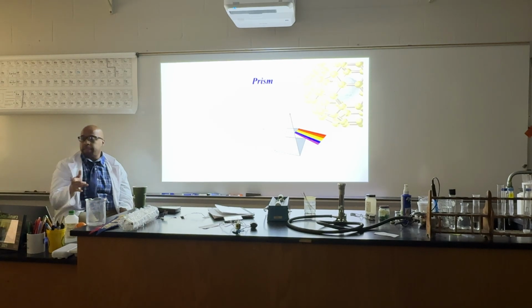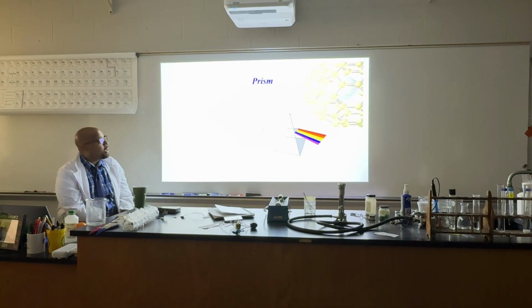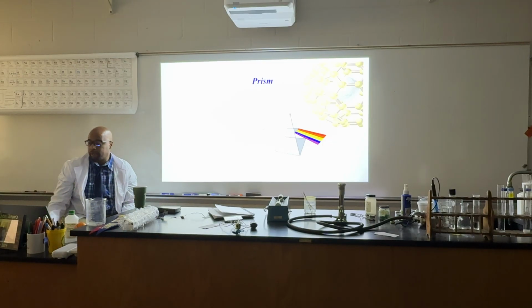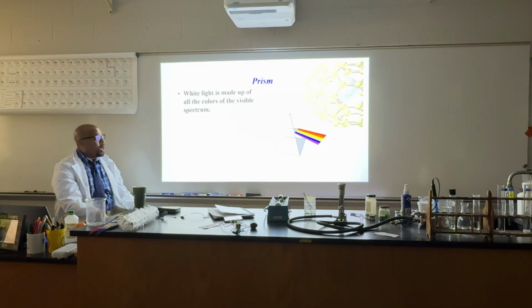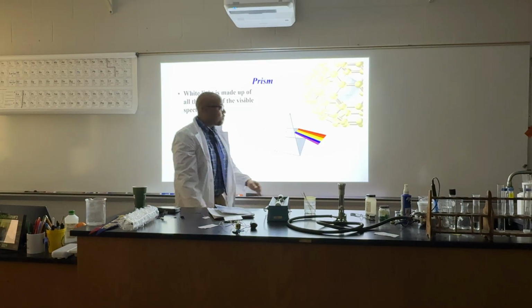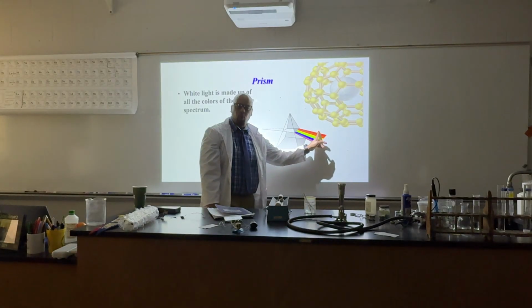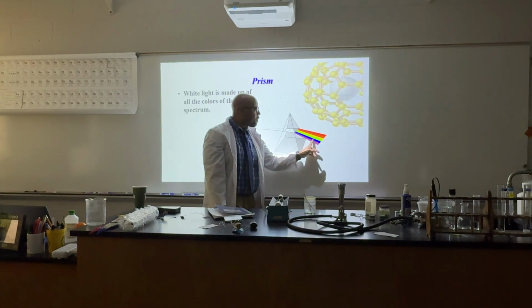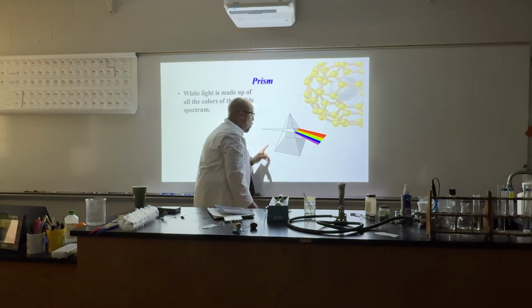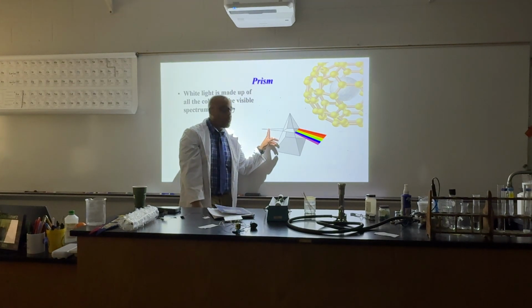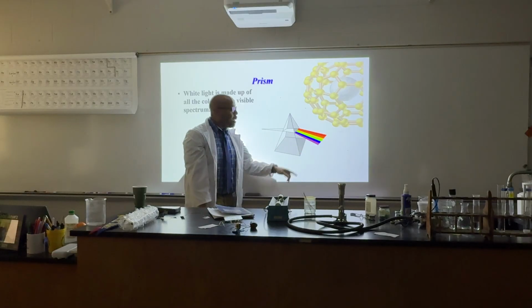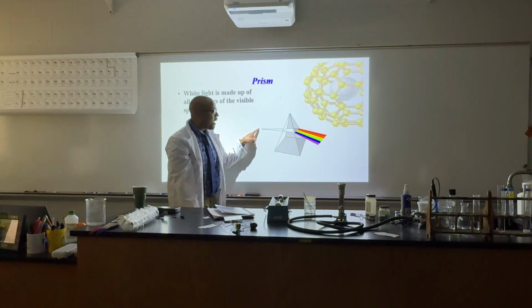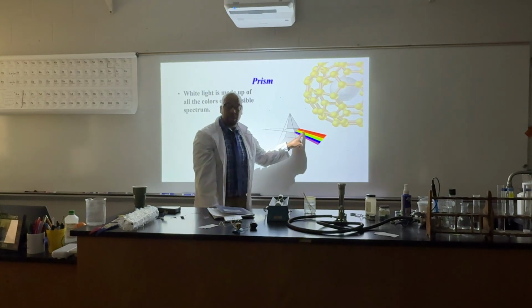Starting off right here, if we look at it, basically what we have is white light, and that's what we're going to talk about really quickly. It's just about white light. We're all pretty familiar with the fact that white light is actually made up of a Roy G. Biv spectrum. So that's a rainbow of colors. And when these rainbow of colors come towards our eye, what we see, of course, is white light. We don't see the breakout of the actual Roy G. Biv. But at the same time, if we take the white light and we push it through a prism,